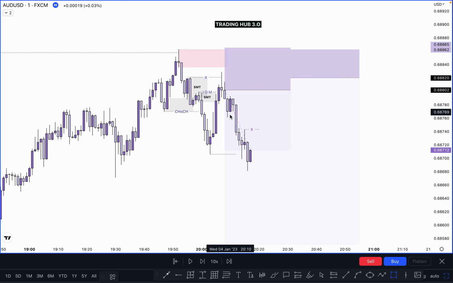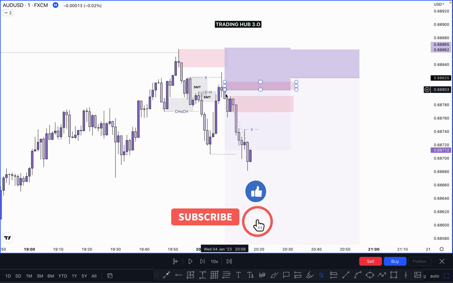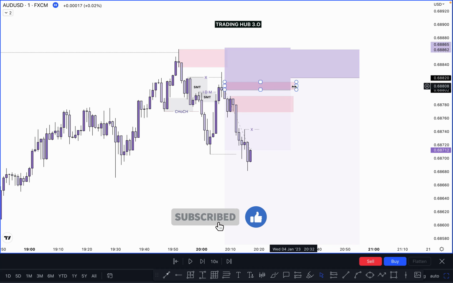So this one is our unmitigated order block right now. Where is our next unmitigated order block or possible supply? Look at this picture here, this one, right? Why is this unmitigated? Because this shadow is not mitigated by this move, but this order block is mitigated. So why are we using this one?